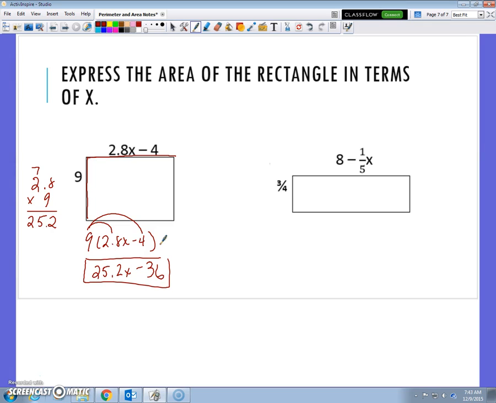Ooh, here we go, the 3/4 section. We'll have 45 seconds to teach you this. Once again, even though it's a fraction, I'm going to multiply length times width. So I'm going to take 3/4, and I want you to write it straight up and down with the fraction bar, just like I did, times 8 minus 1/5 x. The reason I wrote a little 8 and a big fraction is because I'm going to make 8 into a fraction anyway for my multiplication. When I multiply 3/4 times 8, the rule is I look to reduce above and below, cross cancel. I know 4 goes into 4 once and into 8 twice. So the first answer is going to be 3 times 2, 6, minus